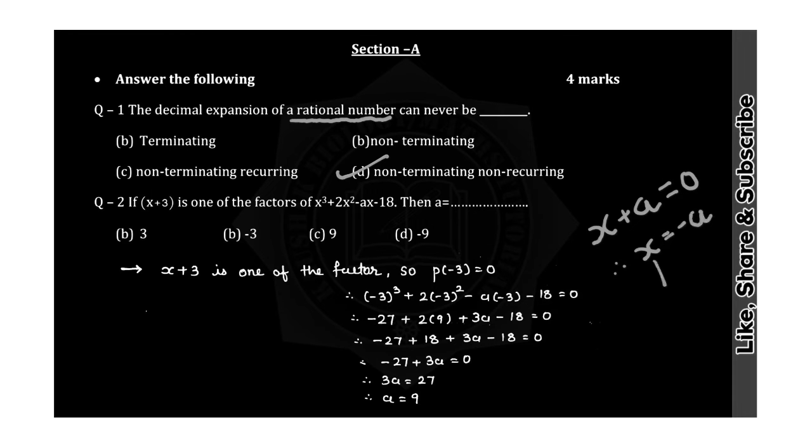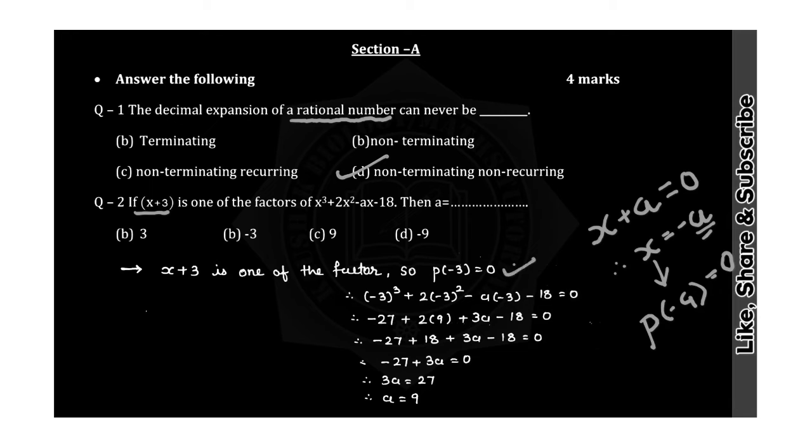Now when you substitute this value of x in your given polynomial, that means in place of x we write minus a, that is p of minus a, then this p of minus a will be equal to 0. That is your factor theorem, right? Similarly here, your factor is given as x plus 3. So if x plus 3 is a factor, then x plus 3 is equal to 0, and the value of x will be minus 3. Whenever you put this value of minus 3 in your polynomial, it becomes zero. That means p of minus 3 is equal to 0.